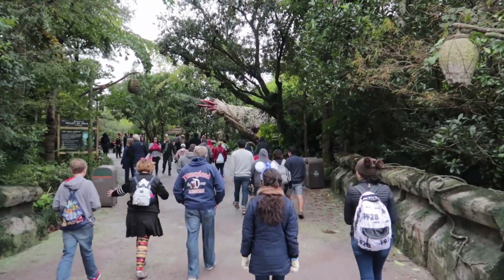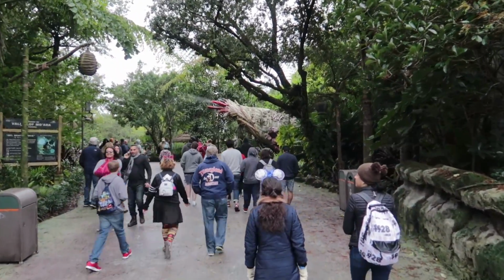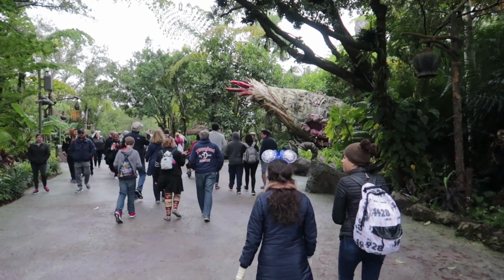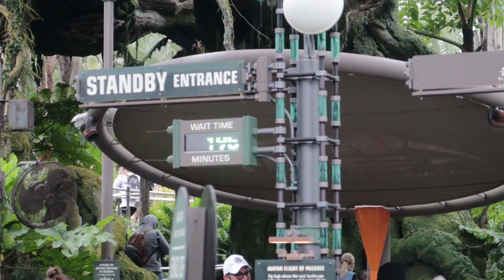But now let's make our way into Pandora for my awesome fast pass. And I'm sure you guys notice I am wearing my hoodie, which means it is a cold weather day here in Orlando. 49 degrees when I got out of my car. I've got the hoodie, but you know what? I'm still wearing shorts. The standby wait for Flight of Passage is 195 minutes, but the craziest thing happened to